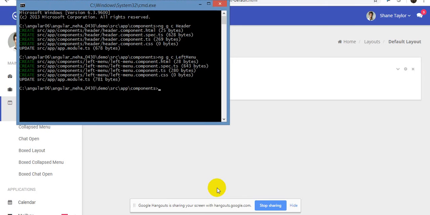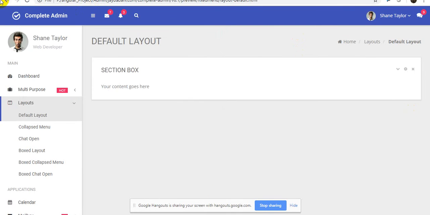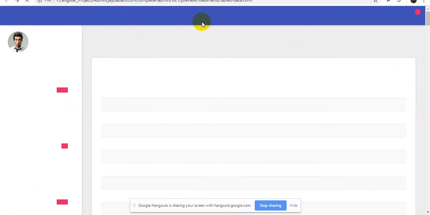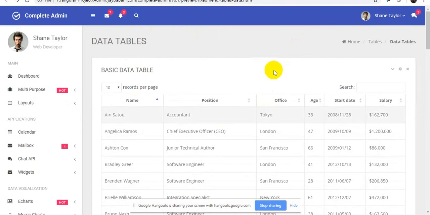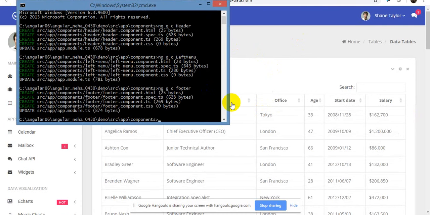Left menu, header is done, left menu is done. Okay, and then footer. And if I go here and go back, table data. So if I say this is the user information, I will say content and user table, user list.